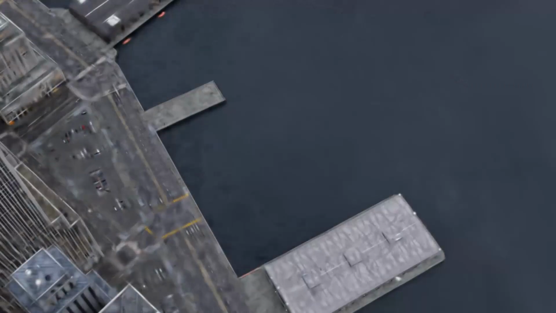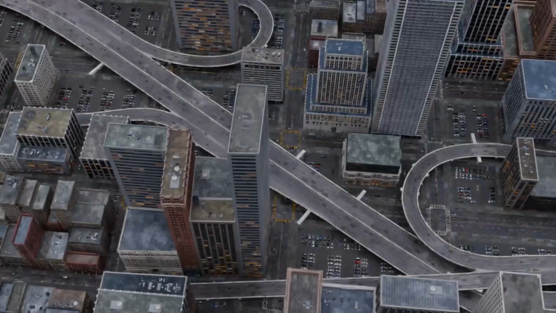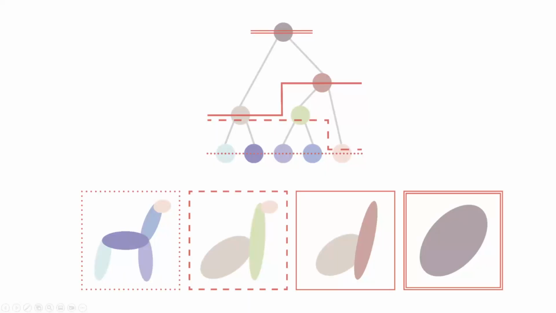But that also means that the view is quite far from the scene, and we can use a level of detail system to select a manageable number of Gaussians to train for this view. Our LoD system is based on a binary tree, where the leaves store the finest detail Gaussians, and any parent is a rough approximation of the sum of its two children. Any cut of this hierarchy then represents the set of Gaussians that are required to represent the scene at a